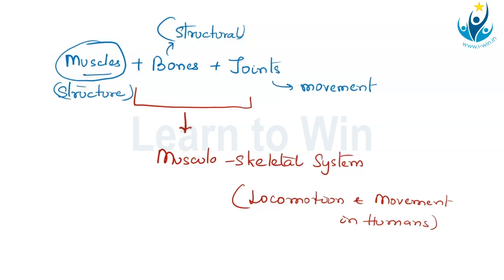So that is what we are going to see in this chapter, and we are going to start first obviously with muscles. We are going to understand the structure of the muscle, what this muscle fiber is, what this filament is, how they slide on each other to bring about muscle contraction, and then we'll go to the bones, the skeletal system part, and finally we'll come to the joints and understand the different types of joint-based movements.